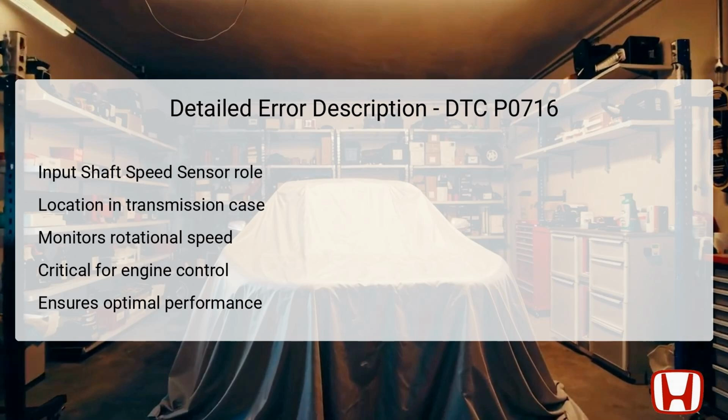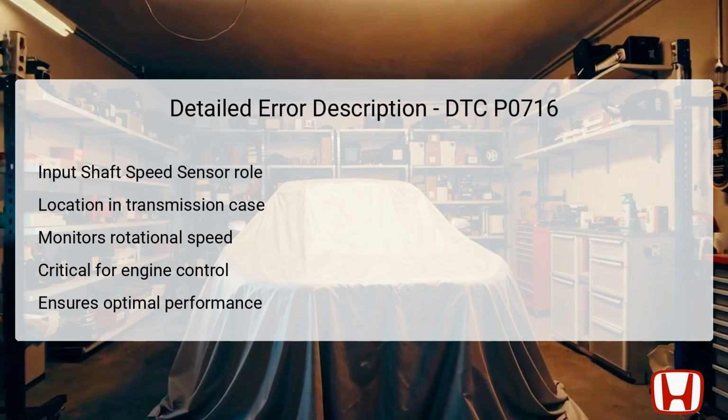The input shaft speed sensor is responsible for monitoring the speed of the input shaft, which transmits rotational energy from the engine to the transmission. Situated on the transmission case, this sensor is crucial for transmitting accurate speed data to the engine control unit, ECU. By continually providing real-time information, the ECU can make informed decisions regarding engine and transmission operation, thus optimizing performance and fuel efficiency. An error in the sensor could lead to incorrect data relay, affecting gear shifts, fuel delivery, and overall